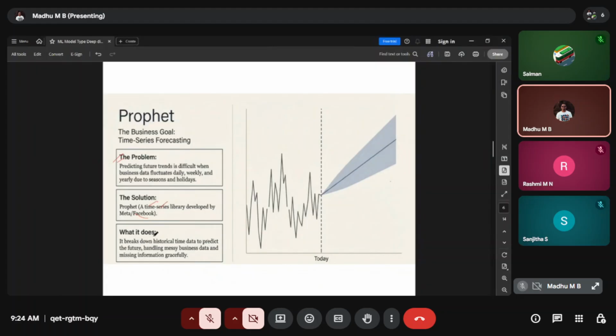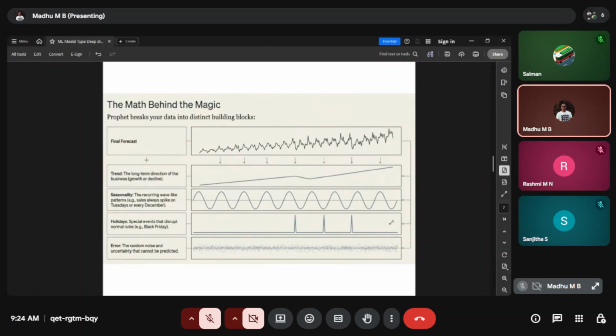Basically, what this specific ML model does is handle the messy business data, and it also handles the missing information gracefully. Okay, let's see how it does it.